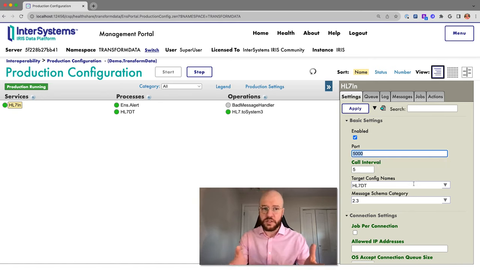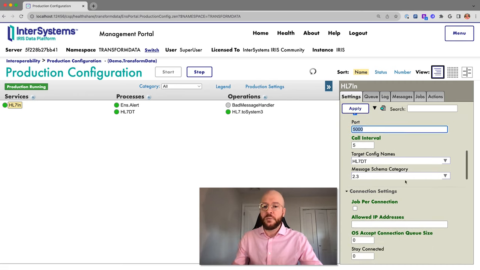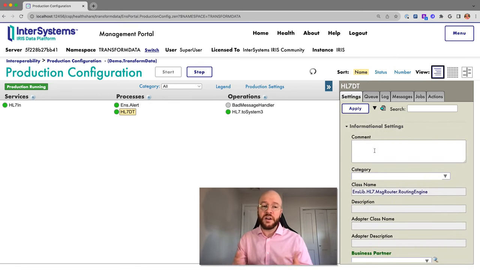And so by looking on port 5000, it knows that it's looking for message schema 2.3 is the type of message that it's going to be receiving and sending. And then we have a target config of HL7 DT. So that's the next step in the process. We look at HL7 DT. And if you recall here, at this point in the process, what we want to do is